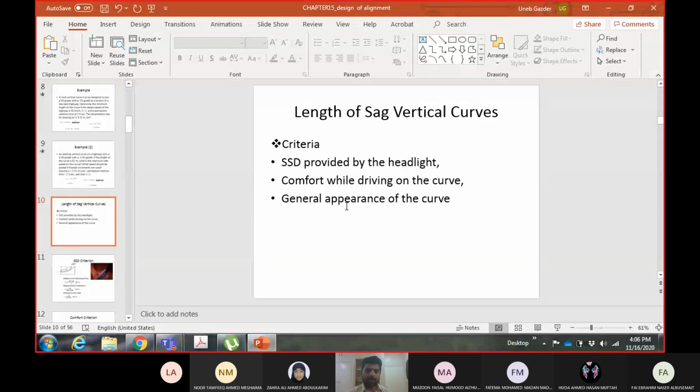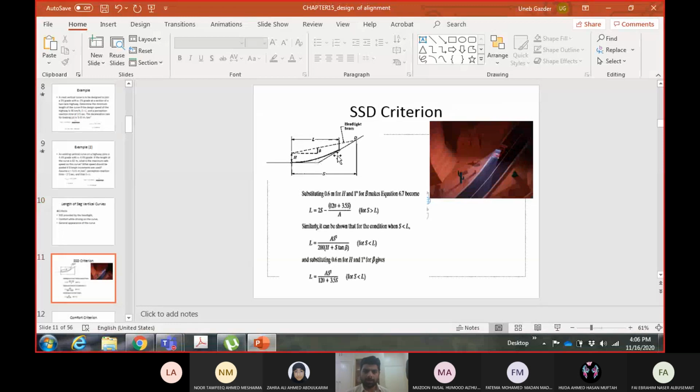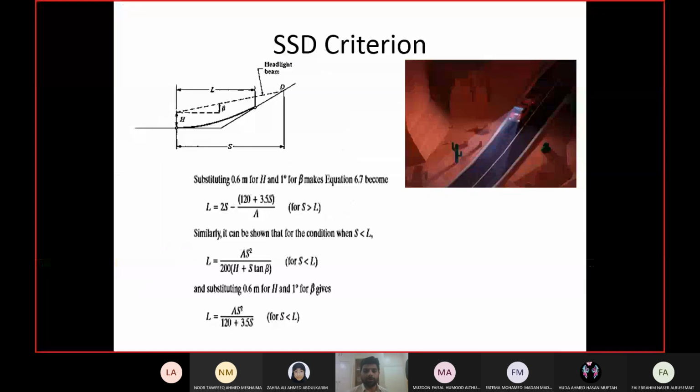And sag curve means this one. Something like this. Now, there's a fourth criteria as well written in the book, but we will not cover it because that fourth criteria is related to drainage, and we did not do the drainage design in this course. So why include that criteria if you don't know anything about drainage design? Secondly, that criteria is about the maximum length of the curve, which we are not bothered with. Normally we are just trying to find out what should be the minimum, and then you can increase from that. So there's a fourth criteria which we will not cover.